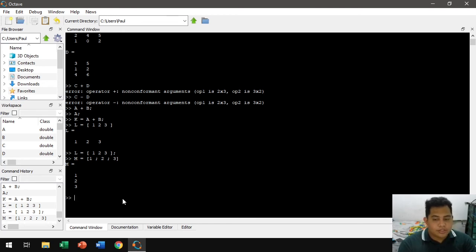Now let's try the differences between A times A, A raised to 2, and A dot raised to 2. Actually, we did this earlier, except for the A times A. So, let's try. Let's clear this window.